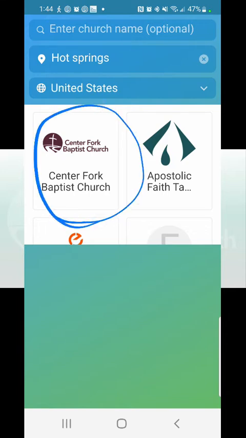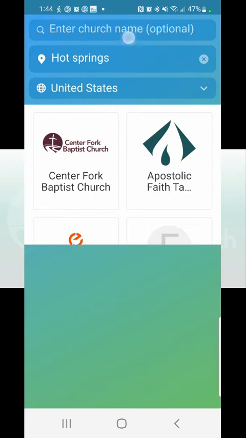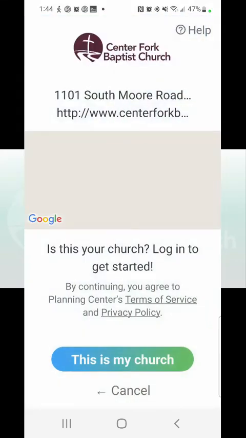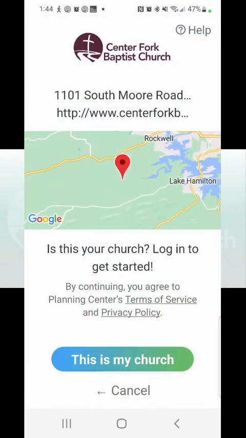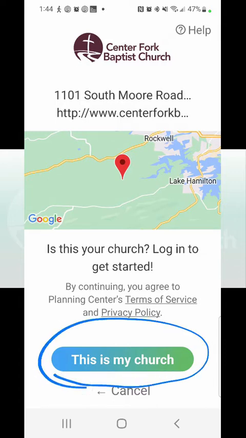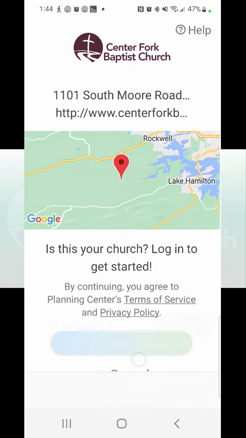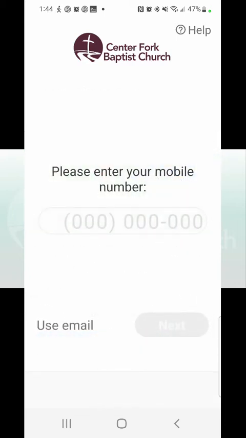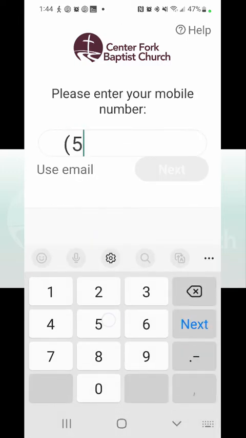We are just like this, Center Fork Baptist Church. We want to click on Center Fork, and then you want to click all the way down here on the bottom where it says This is my church. We will click that. And then it's going to ask for your mobile number. You can also tell it to use email, which is also down here, and you can put that in there as well. We're going to go with a mobile number